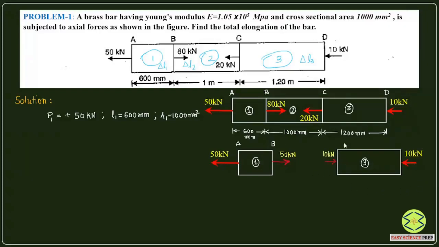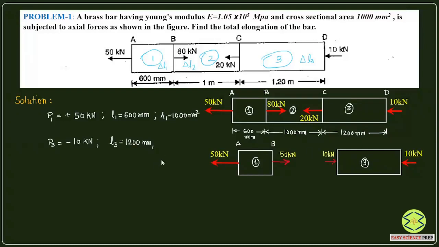So naturally the second ending section has a compressive load of 10 kilonewton. So I'll write down P3 as minus, because it is compressive, 10 kilonewton. Length is given as 1200 mm. So L3 is going to be 1200 mm,